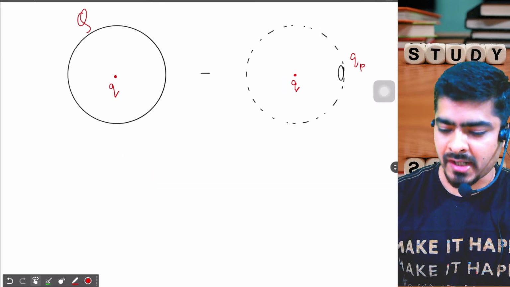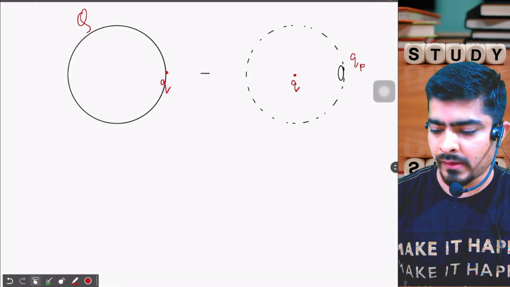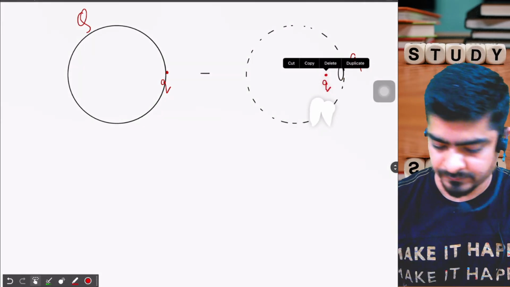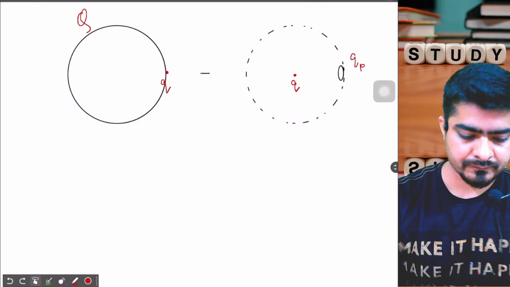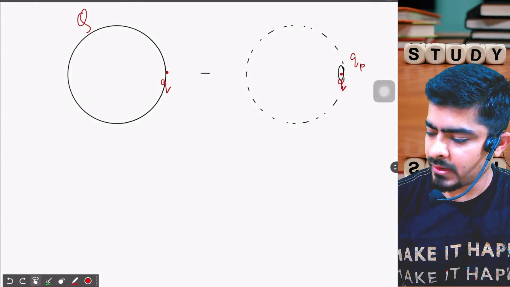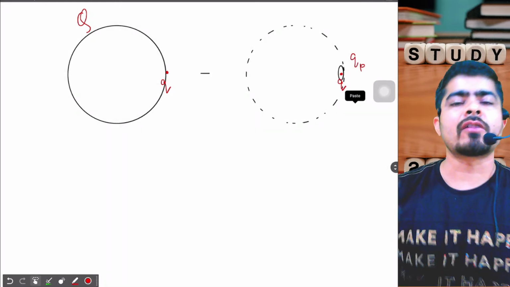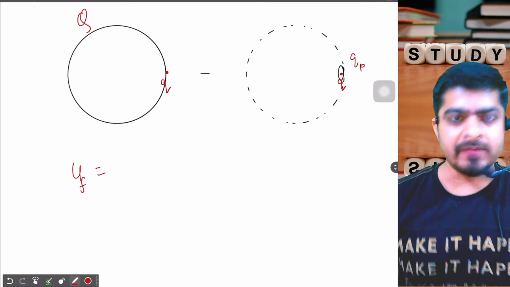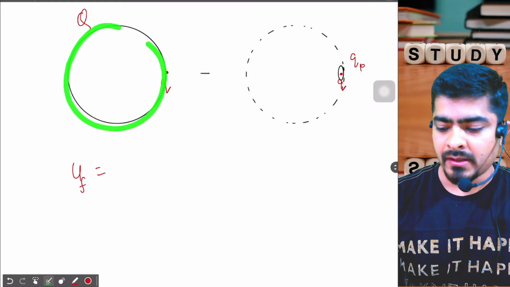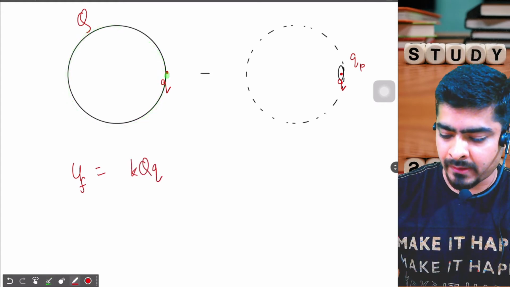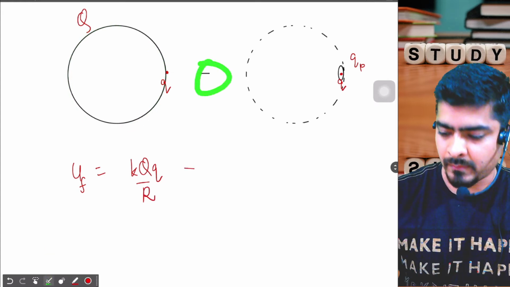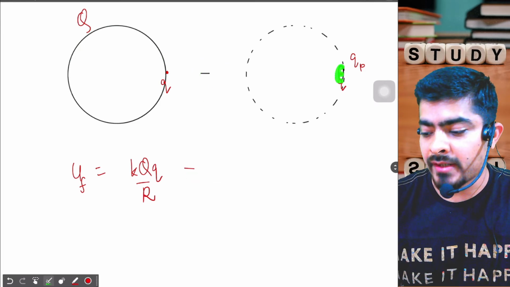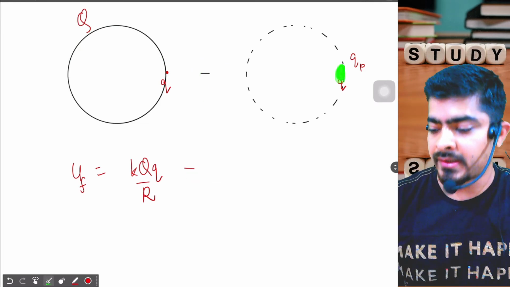So finally this charge q will move out of the sphere and come over here. So the same we can do over here as well. So this will come and move out to the center of the small circular plate. Okay, now Uf, the final potential energy, will be what? So for the entire sphere, the potential energy of the small q will be kQq by R, minus, we have a minus sign. This small q charge has now reached the center of the circular disc over here.